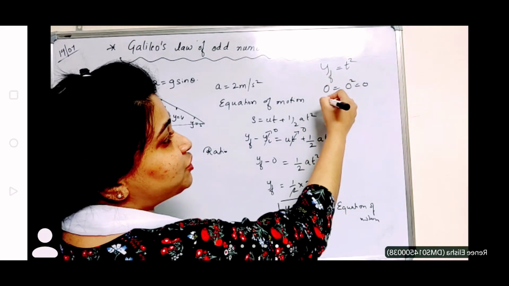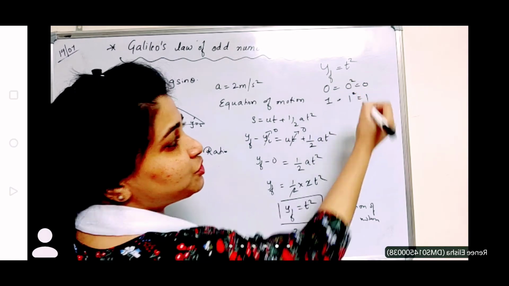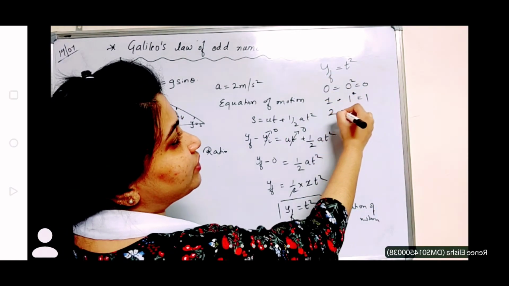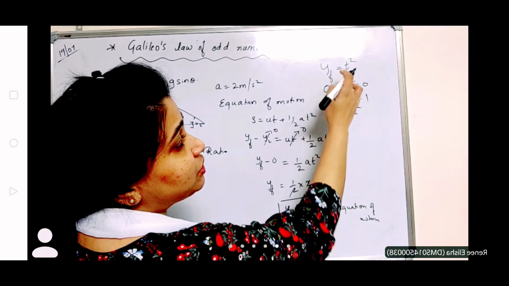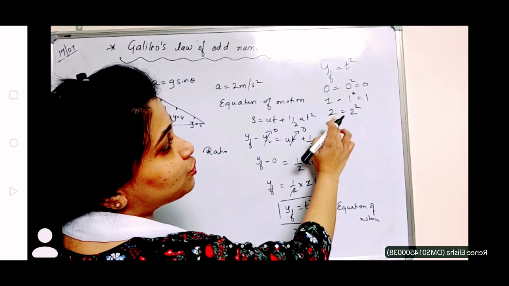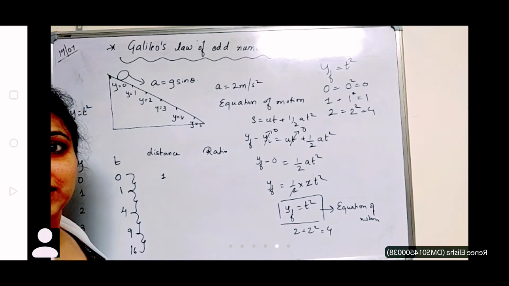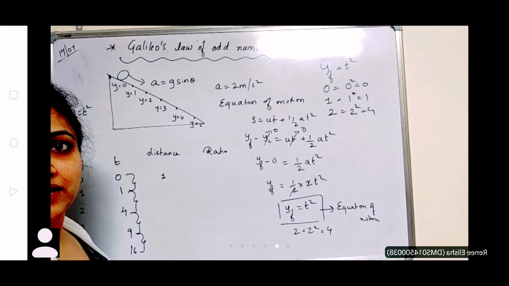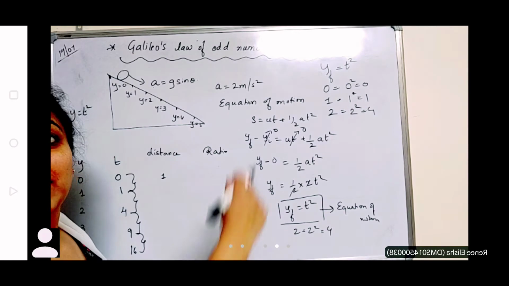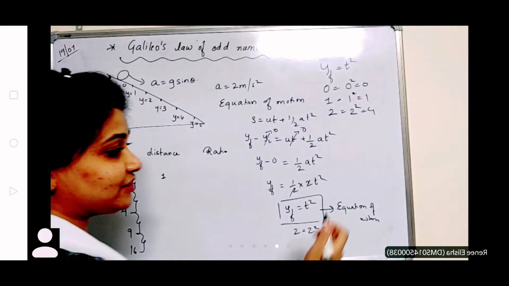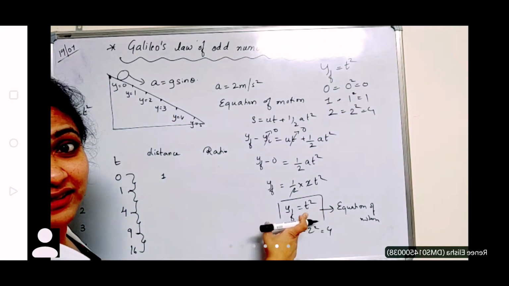Right? Then if y is 1, then it would be what? 1 square, which is 1. Then if y is 2, then t would be what? t square. That means yf is equal to t square, right? So 2 means 2 square. That will be 4. Yes? So you are just telling y is equal to t square. No, y is equal to t squared. You can't say the square here.